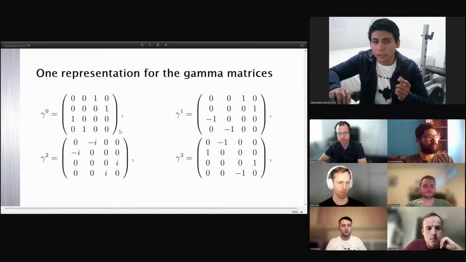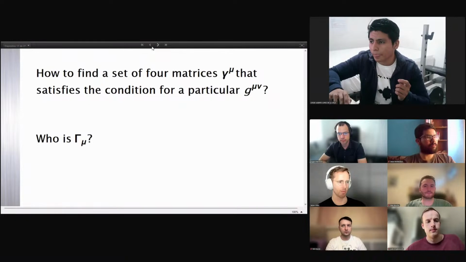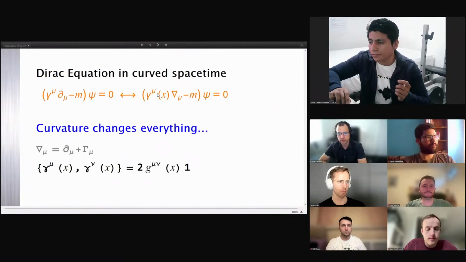Here we have constant gamma matrices. There is no coordinate dependence here. But here, in curved spacetime, my gamma matrices have to have coordinate dependence. All right? There is a fundamental difference. But another difference is that this differential operator, this derivative,